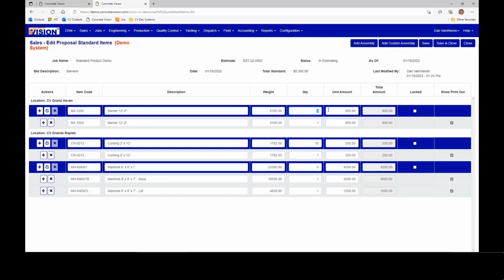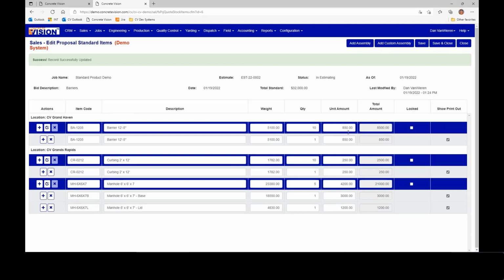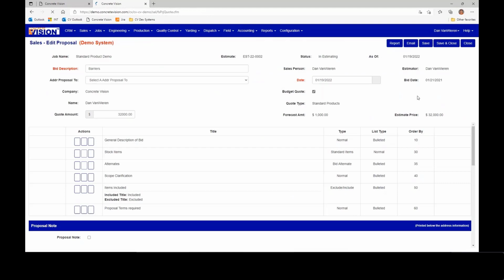And then for the barriers, they want 10 of those as well. And so if you make any changes to the pricing on this page, it's only specific to this one proposal. It does not change anything that you set up underneath the accounting tab. So once I save and close that, I can come in here, and if I click on the report icon,